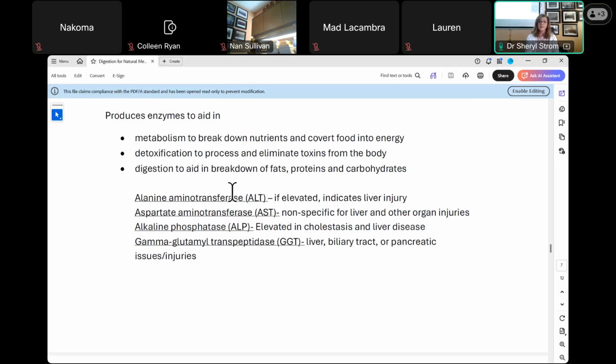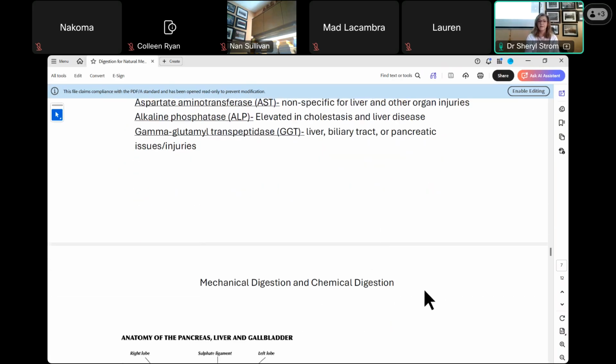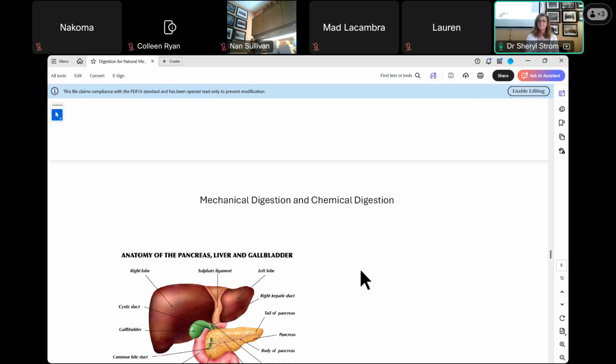I highly recommend that if you are working with your clients doing detoxification or building, make sure you get liver enzymes. They do help to give you a better picture. I used to work in transplant, so I would see the liver transplant patients, and those would be so skewed. It was really sad.